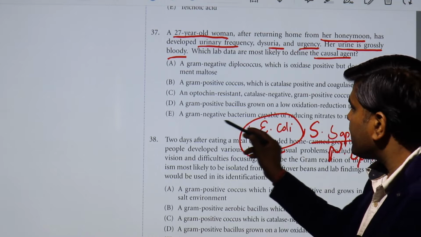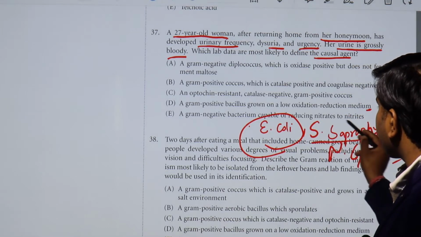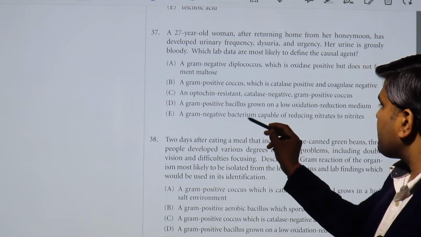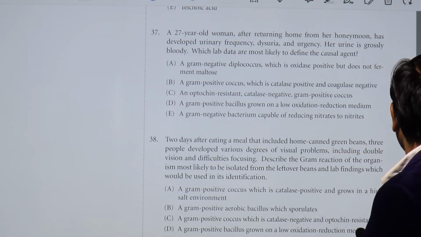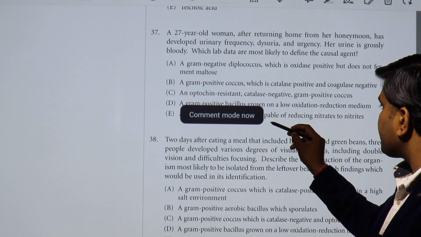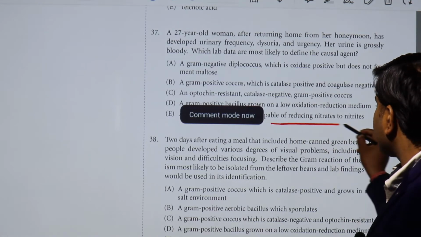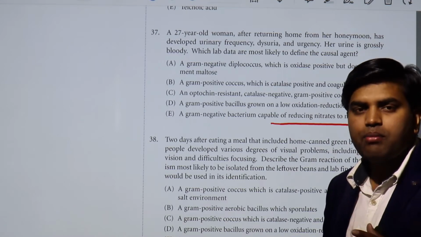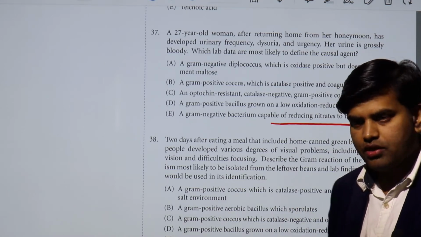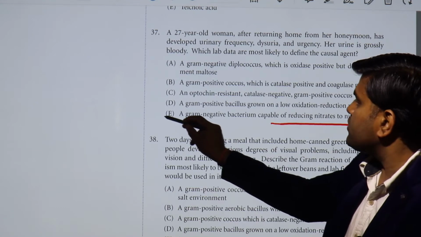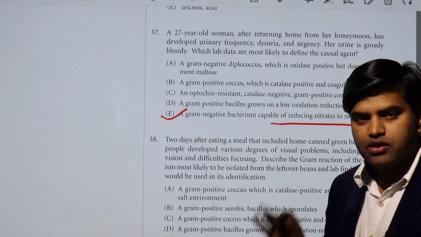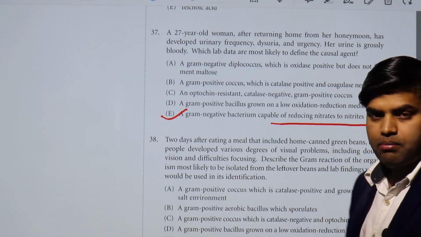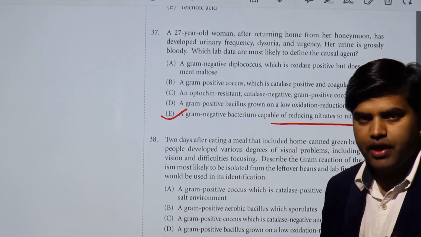Another is a gram-negative bacteria capable of reducing nitrates to nitrites, and this is the characteristic feature. This reducing of nitrate to nitrite is the feature of all your Enterobacteriaceae, including Escherichia coli. So the most common cause of your diagnosis is E. coli, and so the answer should be E. coli. Although B is a probable answer,